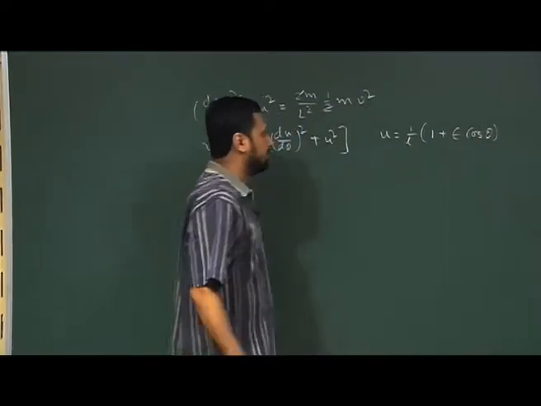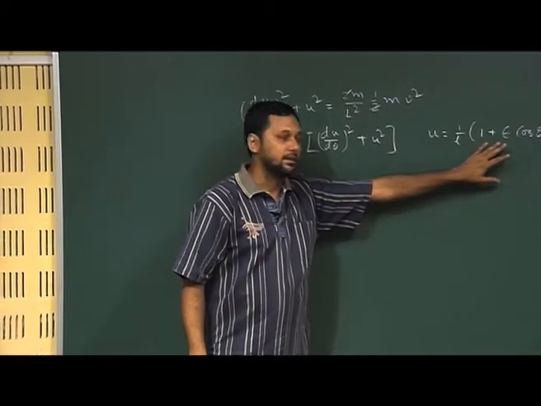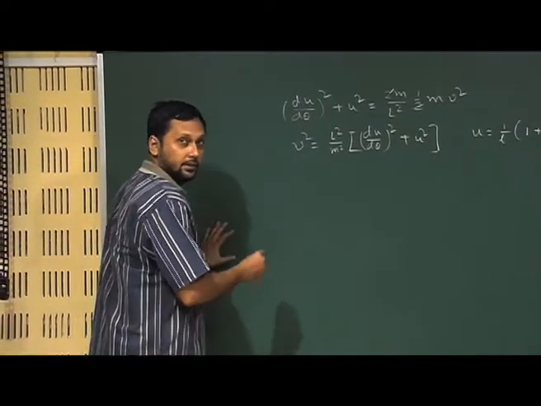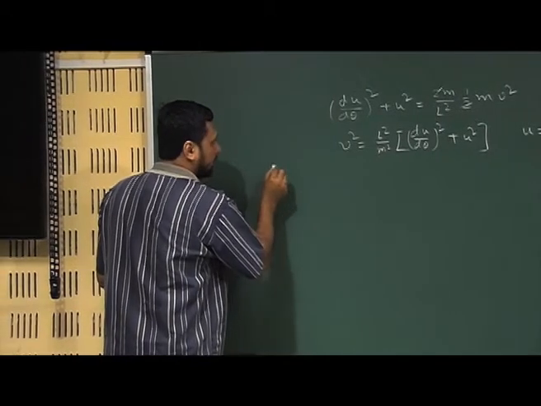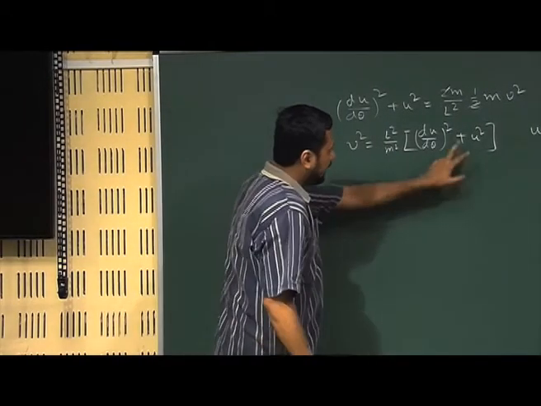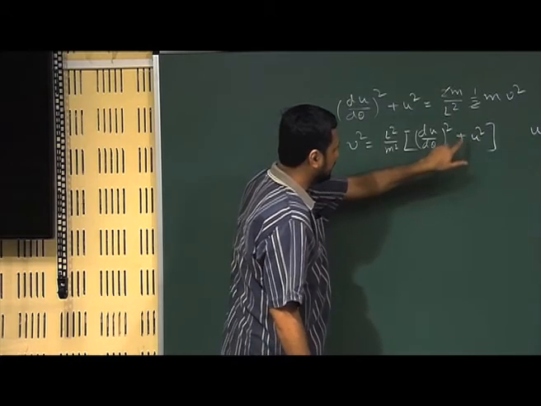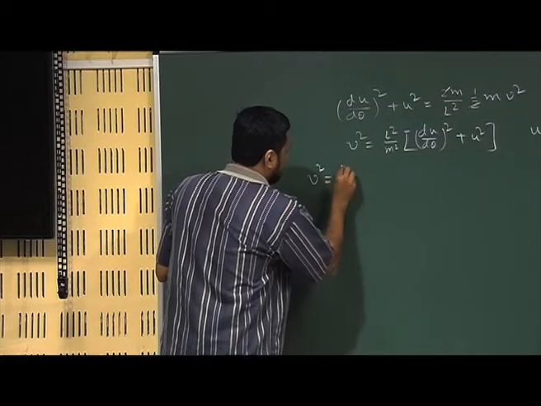Once again we are setting θ0 equal to 0, so our reference line is already at 0. If we substitute this into the equation, we have to evaluate du/dθ, and then perform the summation of (du/dθ)² plus u², and we will see that it will